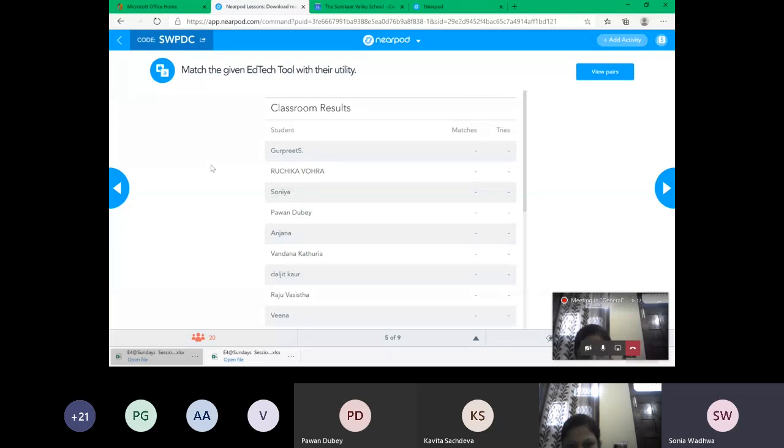There is no need to think that these are technological things or that you don't know the answer. Just give it a try, just for fun, just to give you an idea of what you can do with this tool. So you click on an icon and then try to find out its purpose. Wherever you find its utility, click on that utility so that you understand what purpose this particular tool is for, and that defines your pair. Give it a try. Don't worry, even if you get it all wrong, you will at least get the feeling of the interface. First click on an icon, then click on the text which describes that icon.